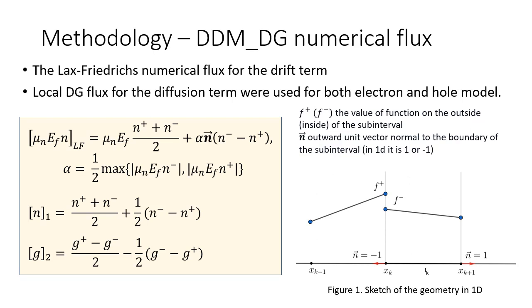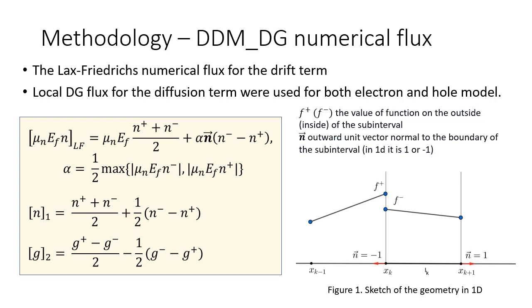The interval is divided by nodes xk into subinterval Ik, which is defined by xk plus 1, and the solving algorithm is similar to standard finite element method, but results in discontinuous solution, thus providing two values in each node, one inside the subinterval Ik denoted with minus and the other outside denoted with plus. Having two values in each inner node requires introduction of a numerical flux, which is a function which handles the